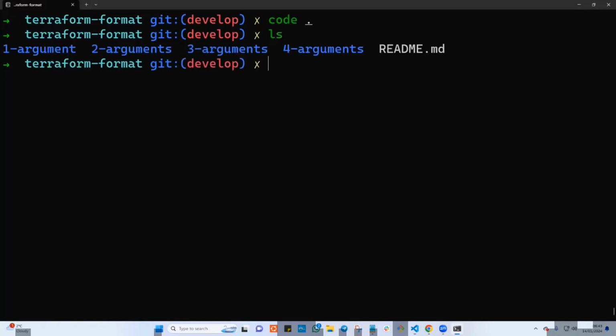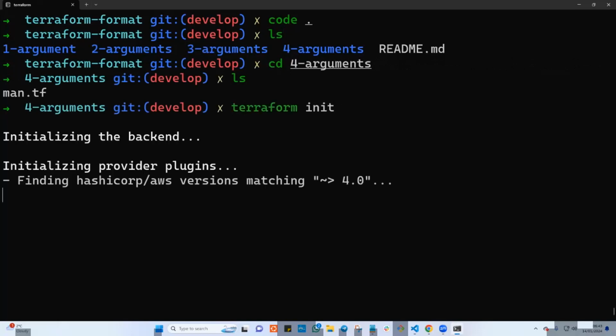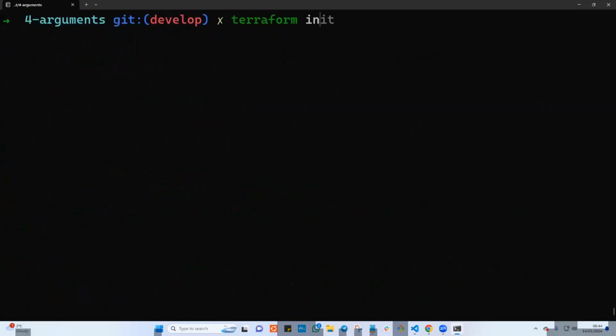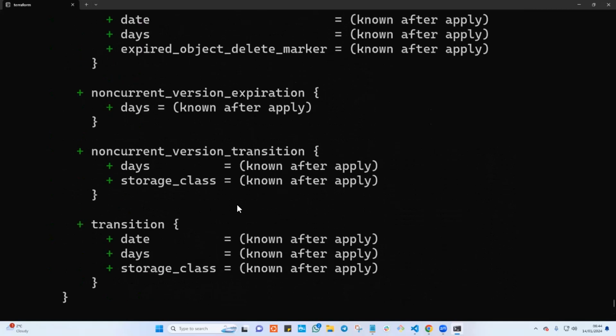I'm going to use my CLI here and cd into 4, and ls. I'm going to type terraform init here to initialize this, and we'll go ahead and type terraform plan and terraform apply. It's taking a little bit. Okay, let me now go ahead and type terraform apply. To apply, we'll run the plan first, and we're going to see how the bucket name will look. If you scroll all the way up,